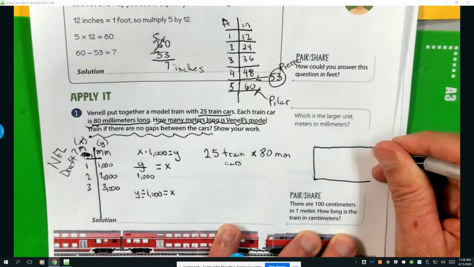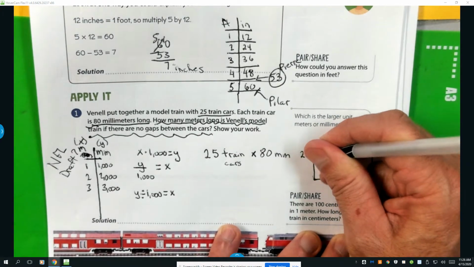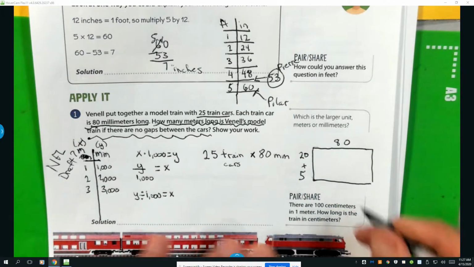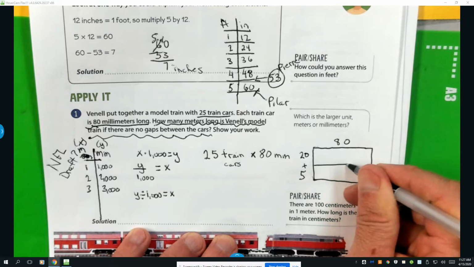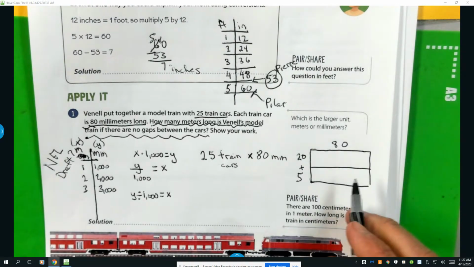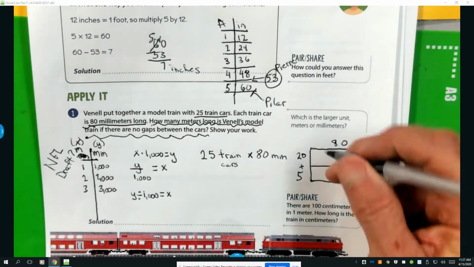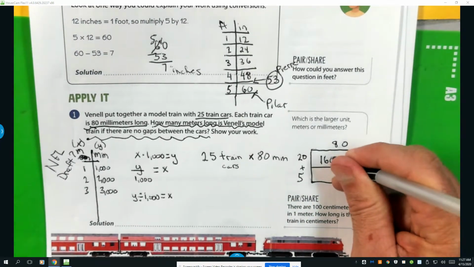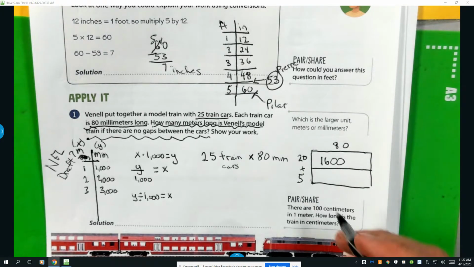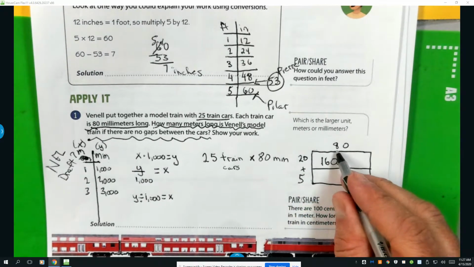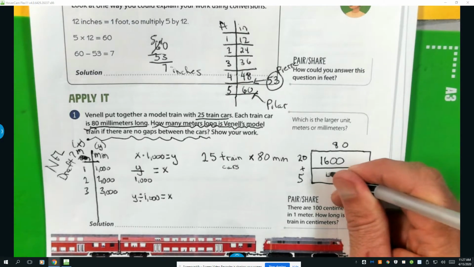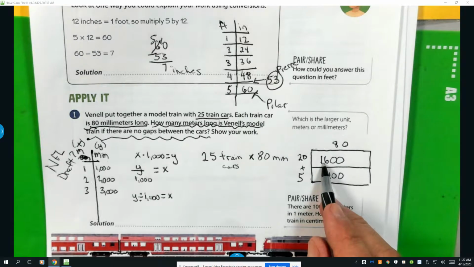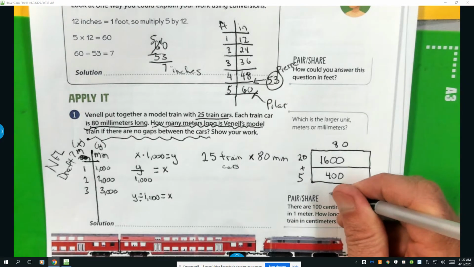So here's 20 plus 5, and then we just have 80 up here. I know that 2 times 8 is 16, and I have 2 zeros right here, so that's 1,600 millimeters. And I know that 5 times 8 is 40, with another 0 that I held back. So if I just add those two, 1,600 plus 400, it's going to equal